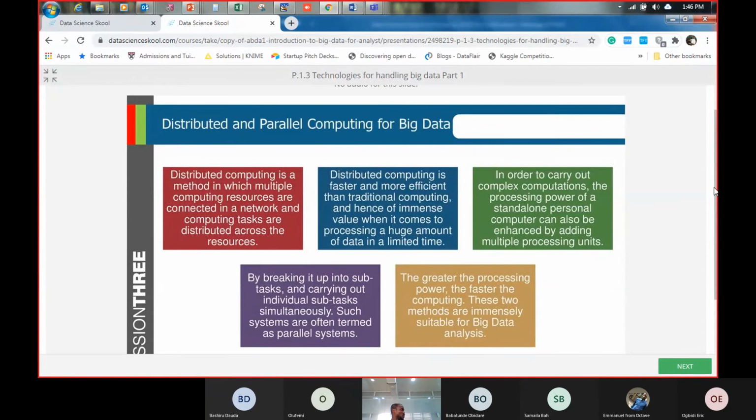Now, that solution can be implemented in the form of hardware. It can also be implemented in the form of software. You understand? The hardware implementation is very simple. The hardware implementation is that you just bring commodity computers, bring them around, make them available. Then the software will now be the resource that will manage all of that coordination. So if a car breaks down on the road, you can say, okay, people in this car, leave this car, you go and join this car, you go and join this car, you go and join this car. And then you update your database.